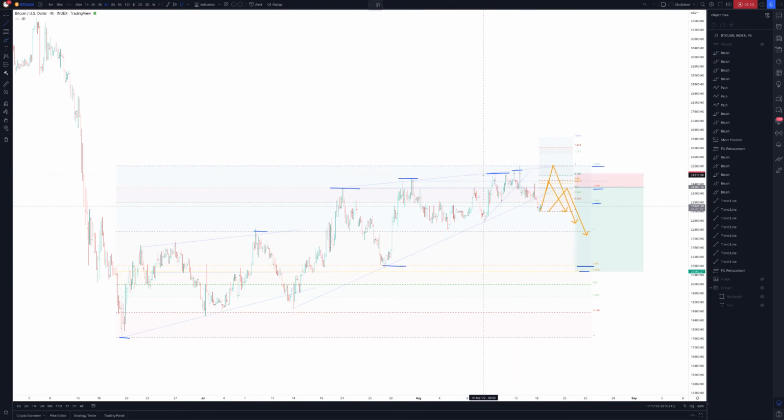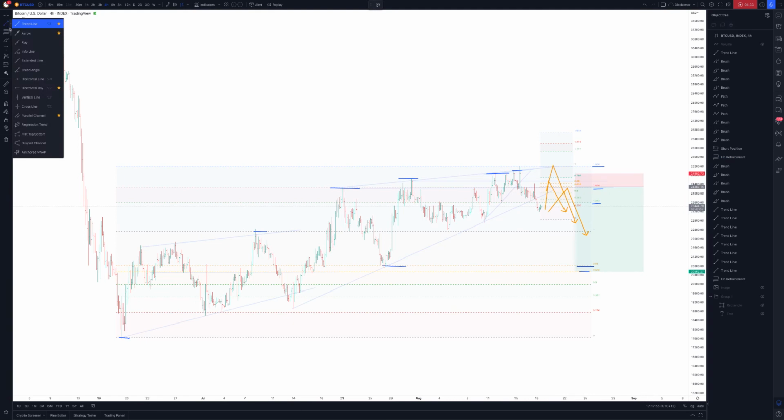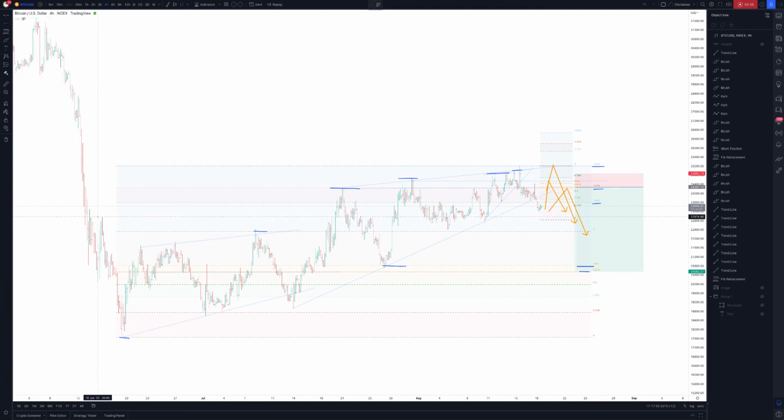So what we have here is also a bit of a mini one, and that target is there. So I'm thinking potentially this could come down to this level here for support, and we can see looking across that level has confluence as well around there, and it's also along here. It's proven to be support, so this might come down a bit more before making that move to the upside, and we've seen this scenario play out,